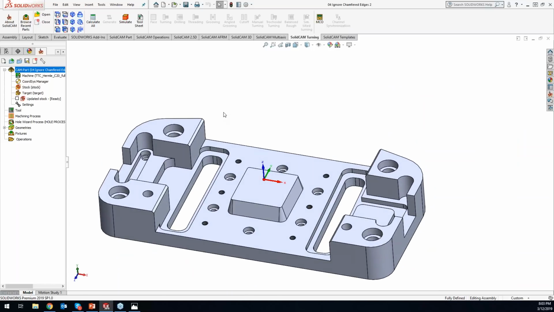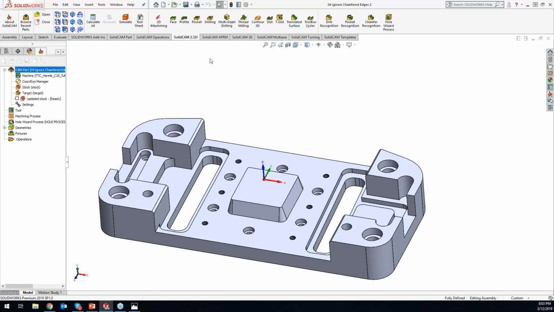So first thing I want to cover is the new chamfer recognition. Well, I shouldn't say the new chamfer recognition, but some of the features that we've added into the chamfer recognition based off of what you were asking for. Chamfer recognition did come out in 2017, if I remember correctly, and it's a great way to basically deburr your part, is kind of what it is meant for. Now that we got some feedback from you on what you wanted to see in there, we've added these new features into the